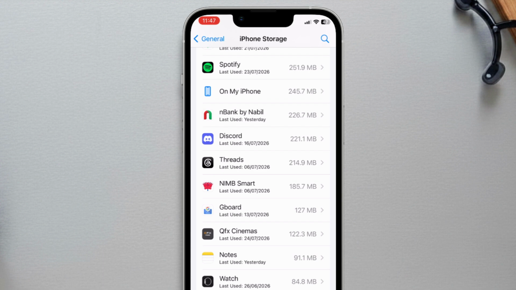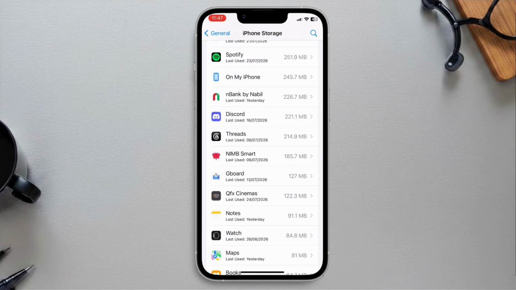need. If other users or shared space still takes up a large amount of storage after you've cleaned up your device, restart your iPhone and check the storage again. The storage calculation can sometimes take some time to update. And that's it. Now you know how to manage other users and shared space storage on your iPhone running iOS